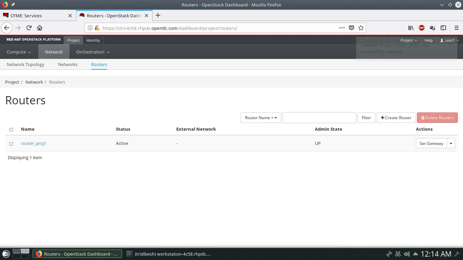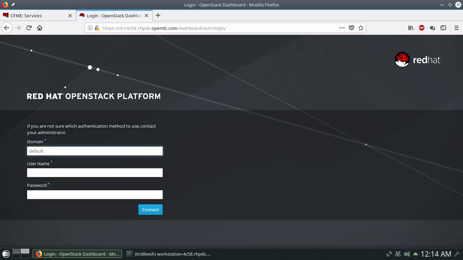So we have created a public network, a private network, and a router. Now we'll log out as user 1 and log in as the admin user, because only the admin user can mark a network as external. Let's log in as admin and do the modification.